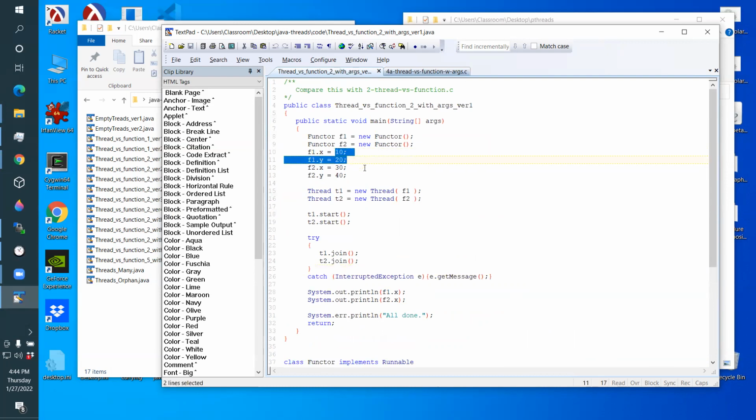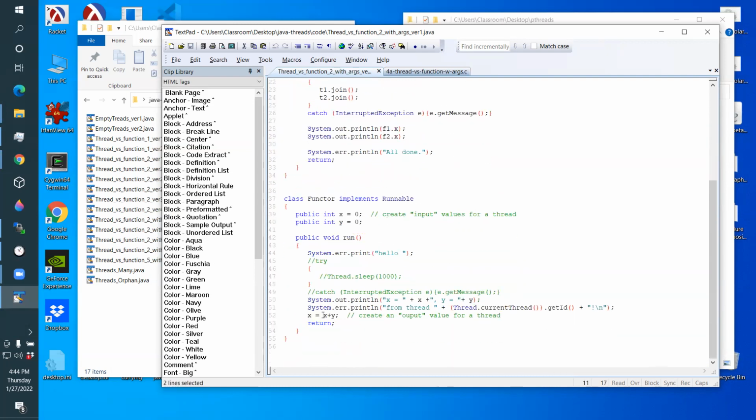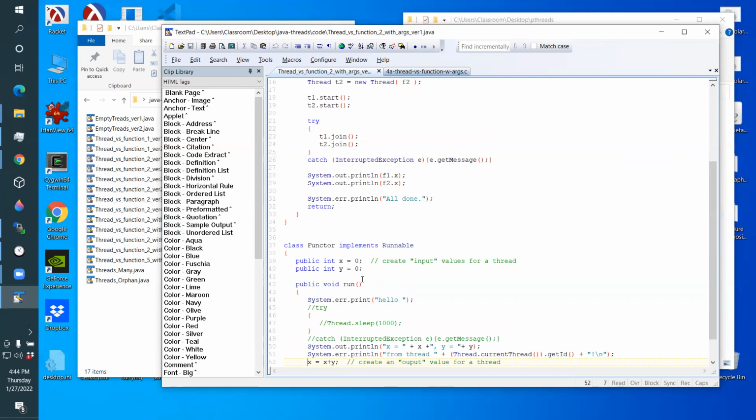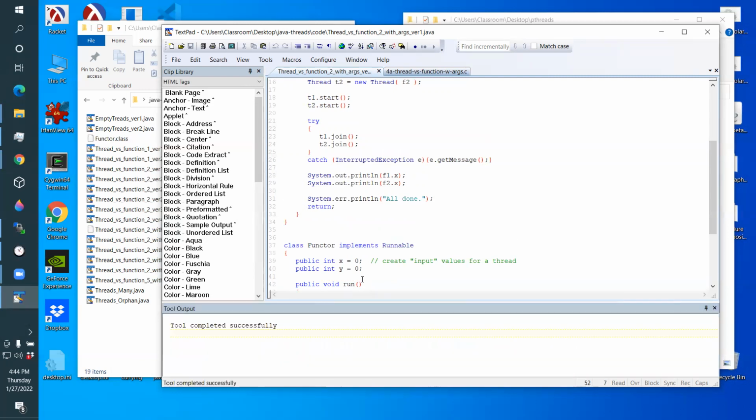It's going to take these two numbers and add them together and put the result in the x variable. I could add a z variable to be the result. So I could have had x and y as the input and z be the output, but I had x serve as the output. Okay, so if you compile this and run it,